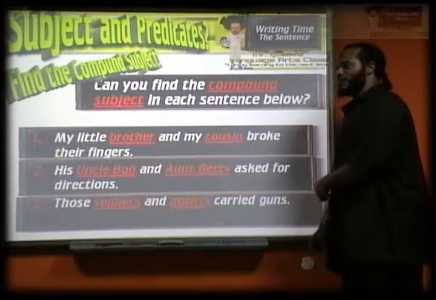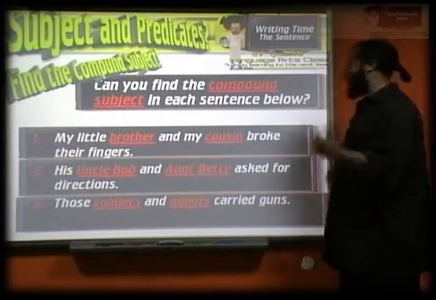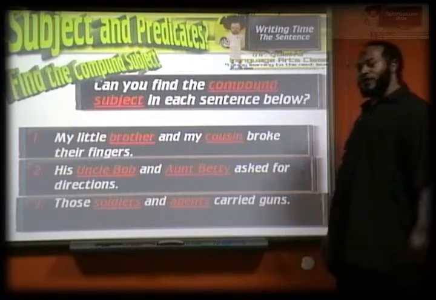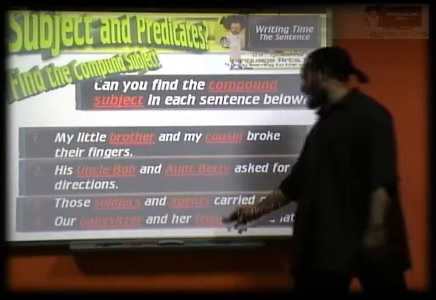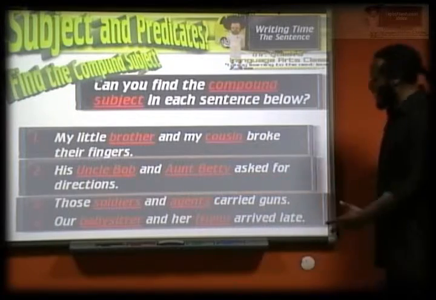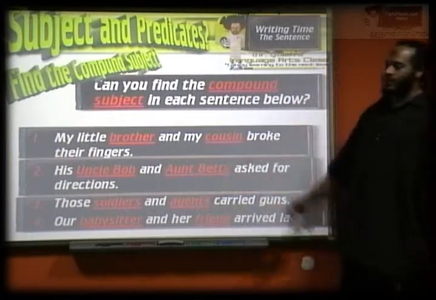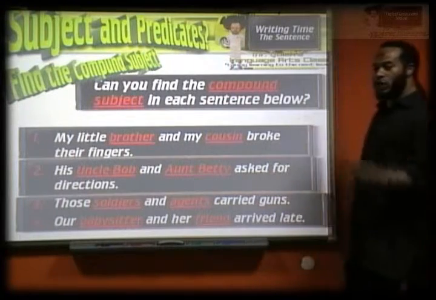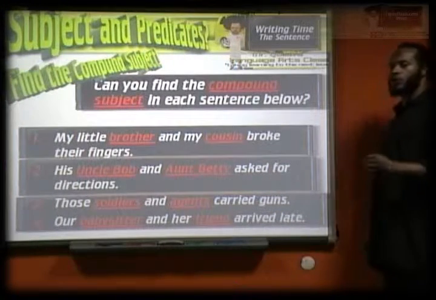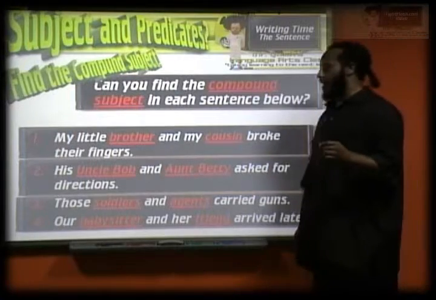Soldiers, agents is the compound subject in this sentence. Very beautiful. Babysitter and friend is the compound subject in the sentence. If you notice, in all of these sentences, we didn't include those extra words that are contained in